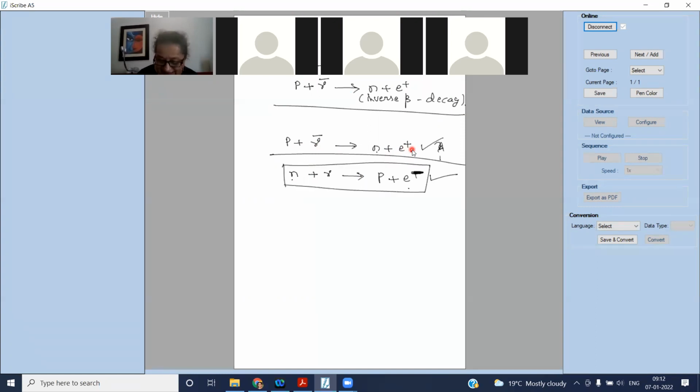So if this relation is there, then I will say, I don't have a neutrino source. I will use an antineutrino source. Do I get a proton plus e minus? That can be tested, is what Davis and Harmer said. I don't know why they chose a neutron target. They had a neutron target, I think, at that time. So they did that kind of an experiment.